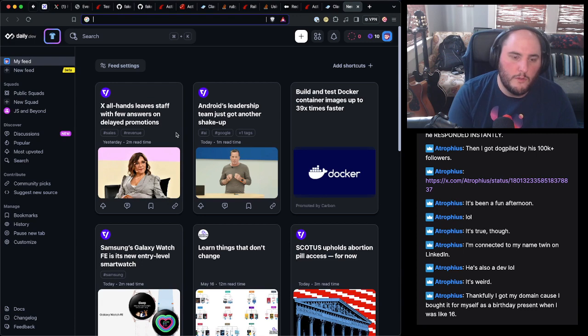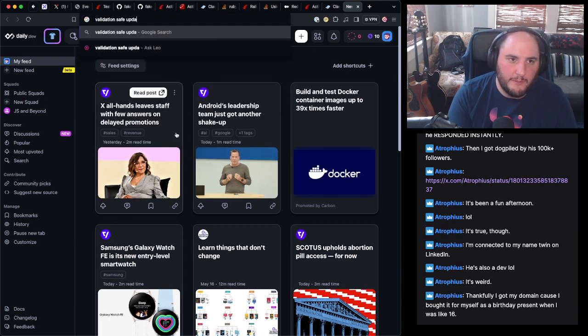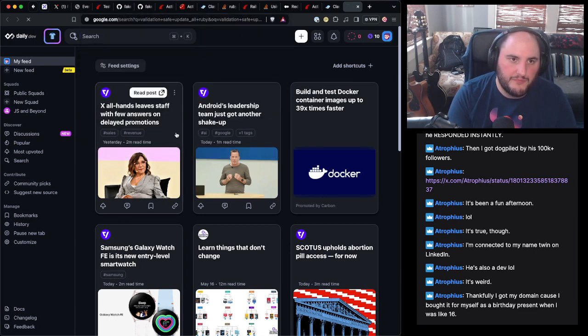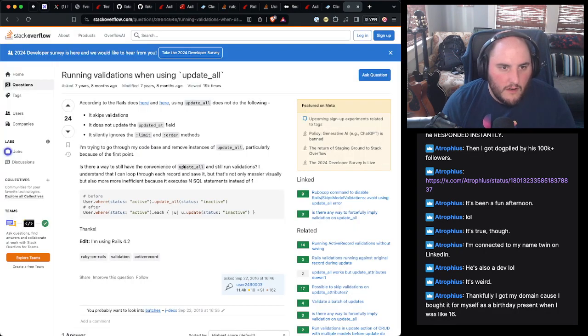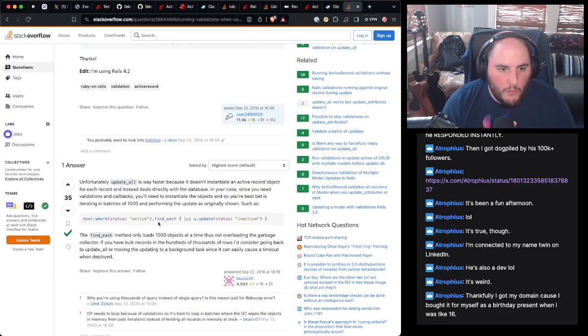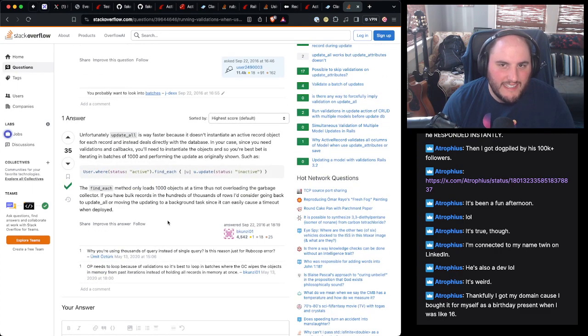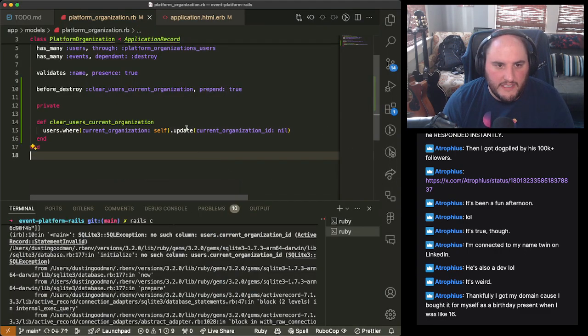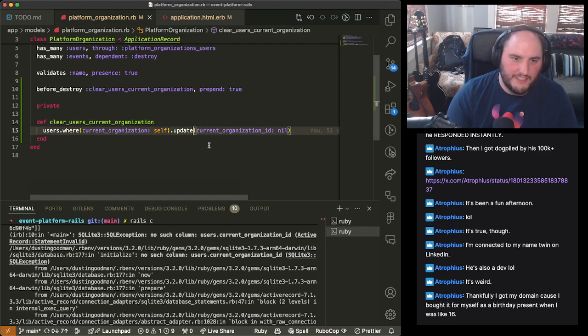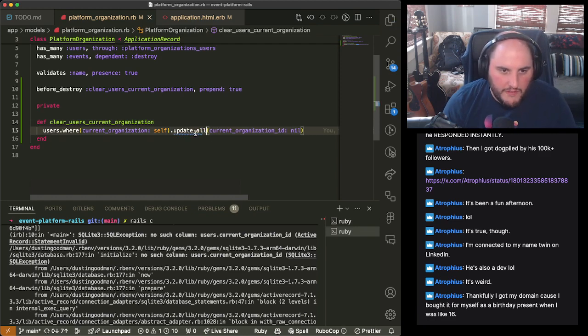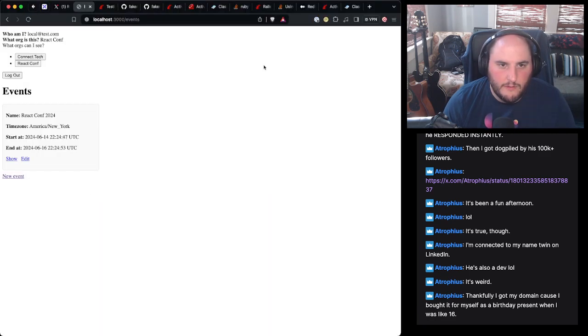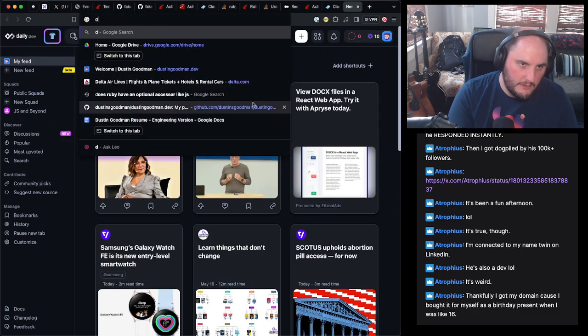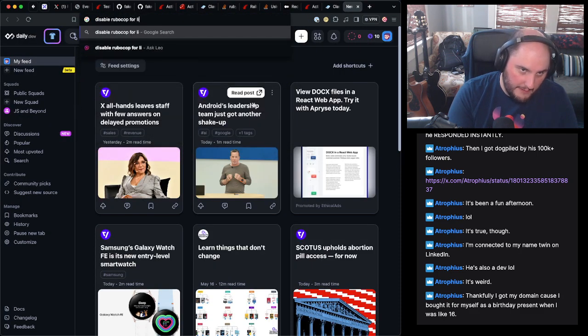Okay, so validation safe update all Ruby. Okay, so if I wanted to do it, it wants me to find each. Update all is faster, and honestly, for the use case that we're going for, this is actually clean. So this is going to be one of those where we want to just disable RuboCop for the line.